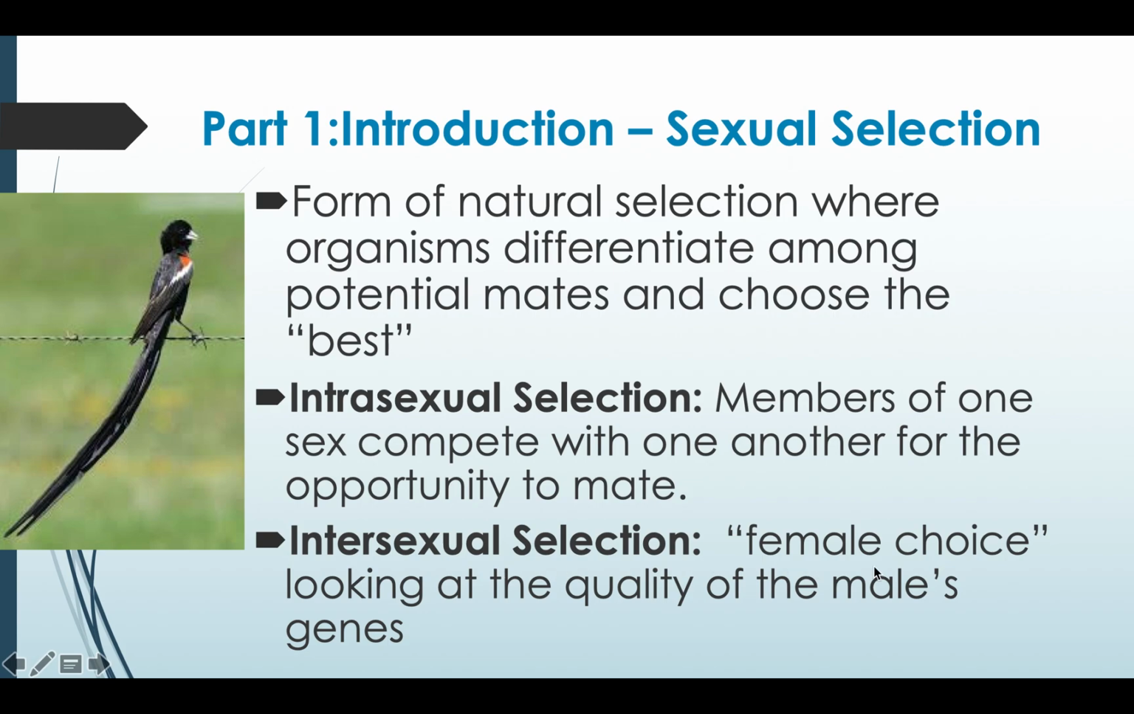Intersexual selection is going to be the female's choice. And what we mean by that is this is where the females are going to be looking at the quality of the male's genes in order to select their mate. Okay, so it's not, they're going to be looking at who has the better nest. It could be the coloration of their chest, it could be the elongation of their tail. So intersexual selection